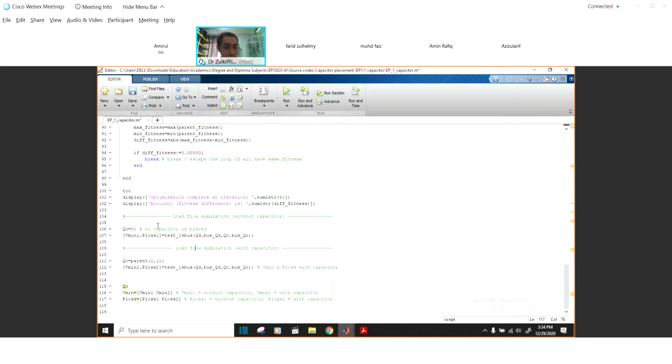Okay, kalau you tengok sini ya. So load flow simulation without capacitor. Jadi bila without capacitor, saya just letak QC dia kosong lah, and then saya record apa dia punya Vmin, apa dia punya P-loss. Kita nak tengok voltage dengan losses sebelum capacitor, before we place the capacitor. Alright, next, load flow simulation with capacitor. Okay, ini kita akan ambil nilai QC yang dicari oleh EP tadi, masukkan ke dalam power system